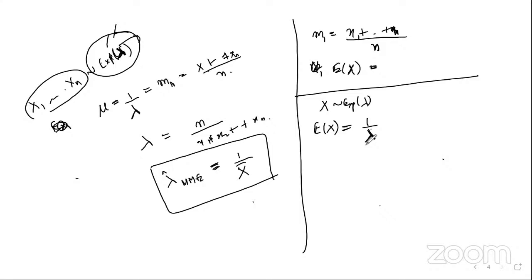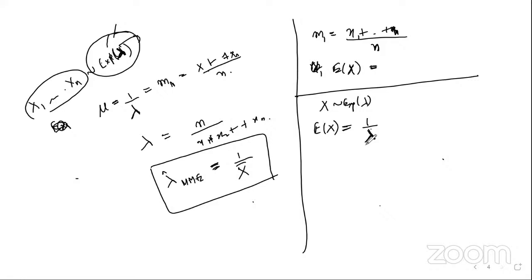Yes. So 1 by lambda equals this. So from here lambda would be n by x1 to xn. How will the final step come down here? Method of moments: lambda is equal to 1 by... how do we derive that from the previous step? Sorry, the last one, ma'am. I got the step lambda equal to n by x1